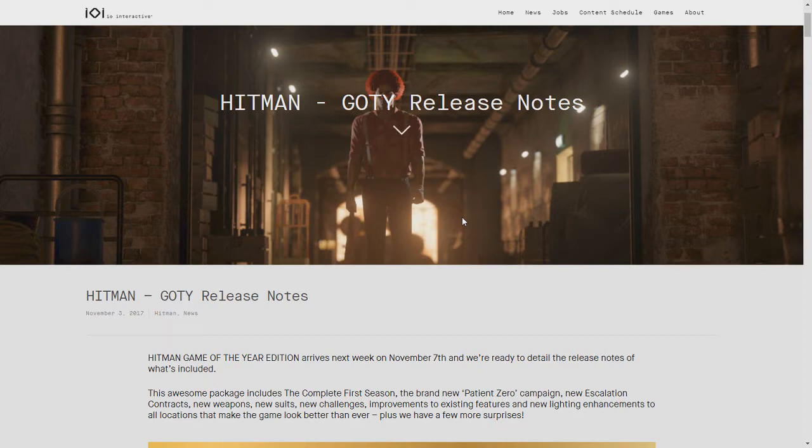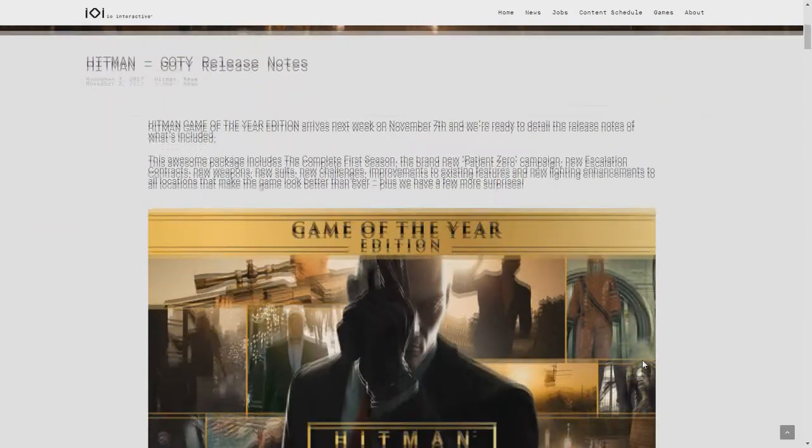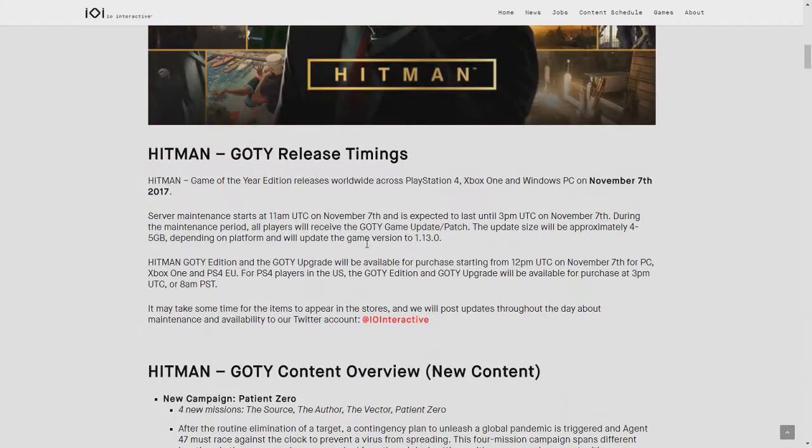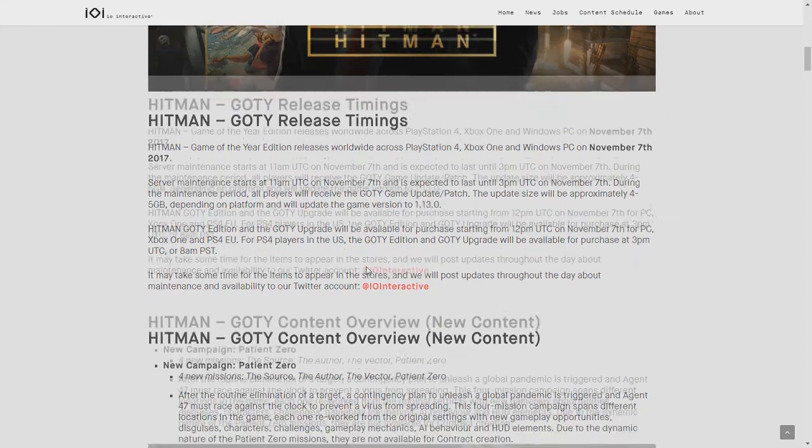And let's start with the time when it releases. It releases on the 7th. The update is available 12 p.m. UTC or 8 a.m. Eastern. There are a bunch of different times. If you're on PS4 and you're in the US, your update will be 8 a.m. as well, in Pacific Standard Time. They will be updating you, if you want to follow that as they're doing it, on the Twitter account IO